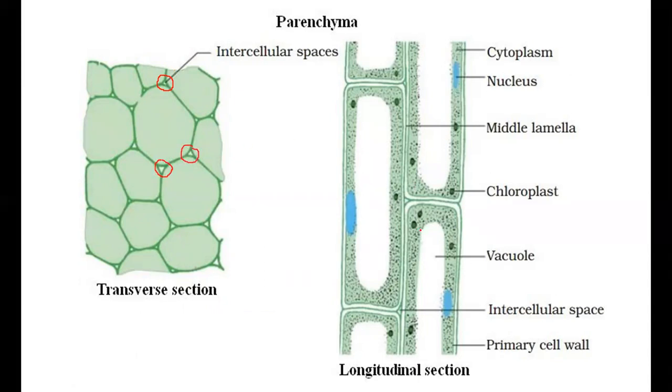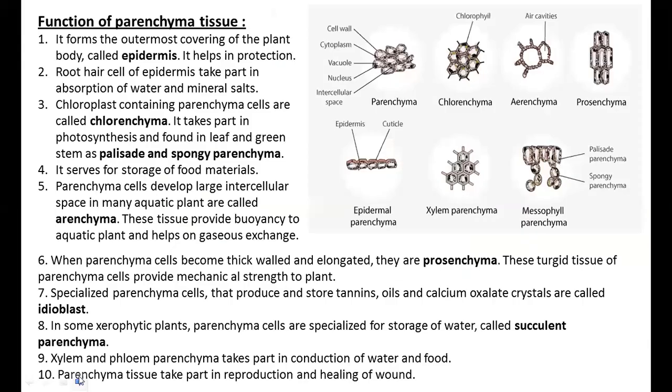The cell has a vacuole. Here you can see the vacuole is present, and this vacuole is actually used for the movement of material. It can be moved up and down in any direction through the vacuole. Other characters: cytoplasm is present, and a prominent nucleus. This blue part is actually the nucleus. The cell wall is thin, that means it is made up of only cellulose. So all the characters that we have mentioned are present in the diagram. These are the diagram of a primary parenchyma cell and its characters.